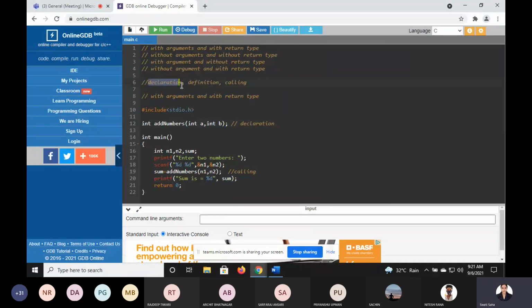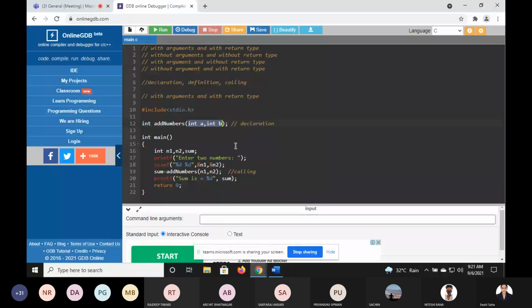Here we want to declare, so this is just the declaration. We are declaring the prototype of the function, that it will return an integer value, and these are the arguments. Arguments means here we are finding the sum of two numbers, so we are passing two values with their proper data type: int a comma int b. Now declaration is done, calling is done. Now we have to write the